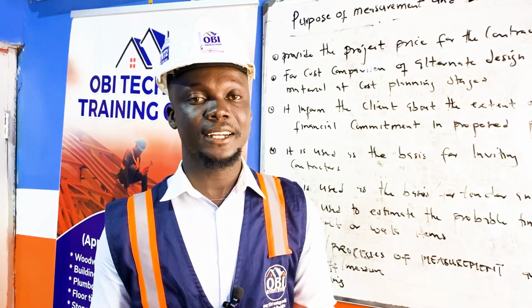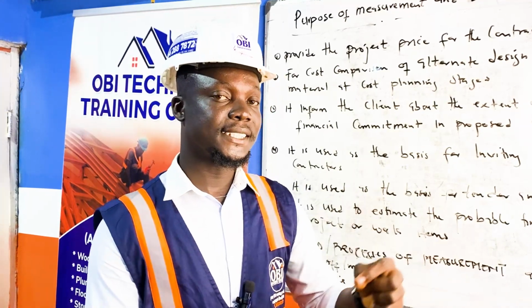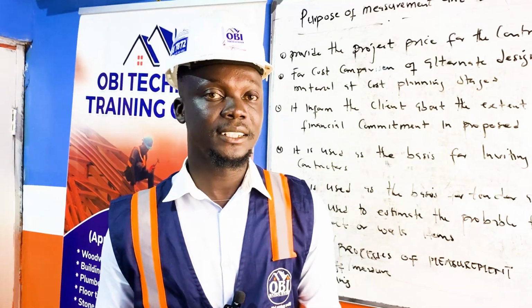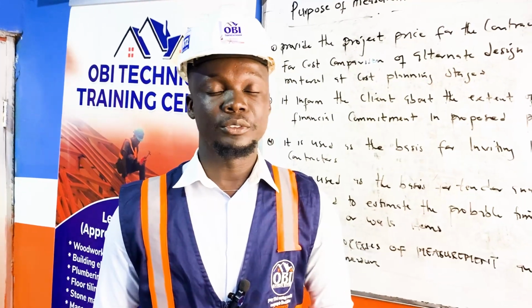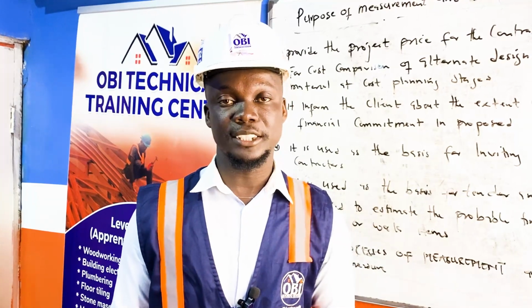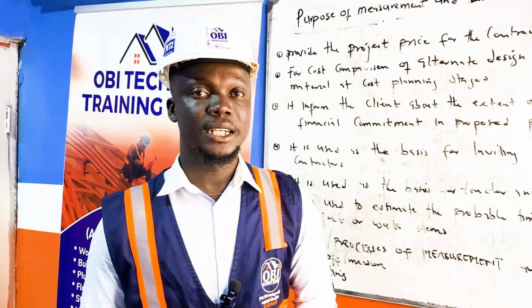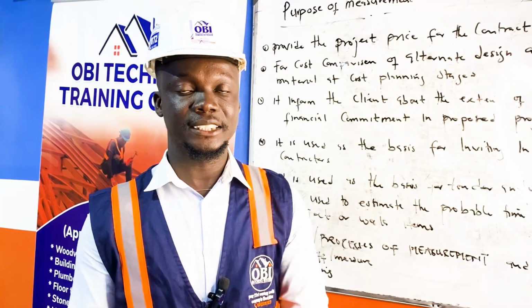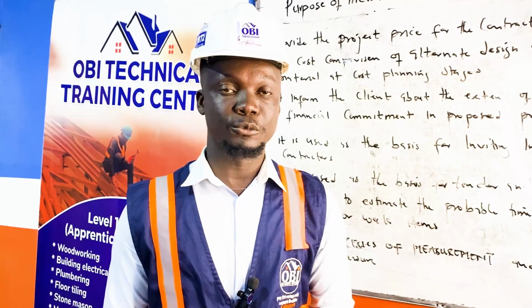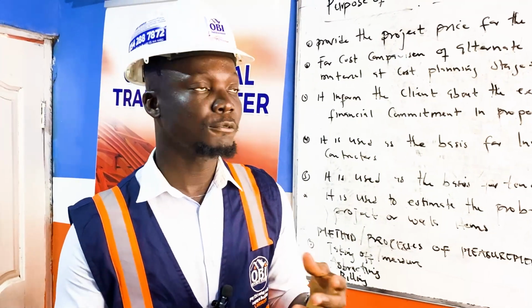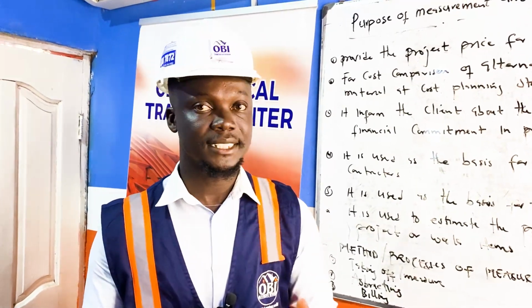Sometimes the client can come and say, okay, what if this is changed here, or we do the design this way, that is an alternative design? What will be the outcome of it? What will be the cost of the project? Or what if this material is replaced with this material? What will be the outcome or the cost that is involved? So based on the material selection, we'll determine the cost of the project that will be needed for the project to be constructed successfully.